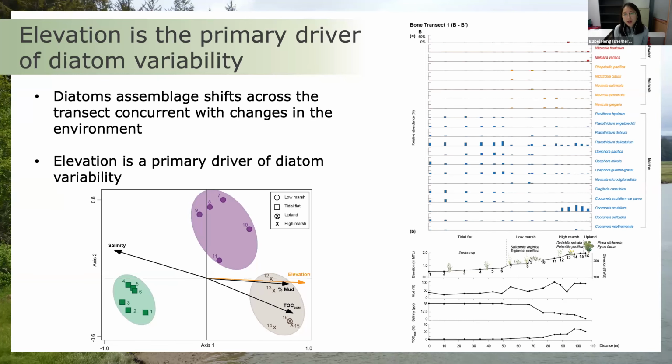And what I mean by that is I'll focus first on the tidal flat environment, where the diatom species that we find present are marine in their preference. And as we enter into the low marsh environment here, we begin to see the presence of brackish diatoms. And then finally, as we transition into the high marsh environment is where we begin to see the presence of freshwater diatoms, or diatoms with a brackish freshwater preference.